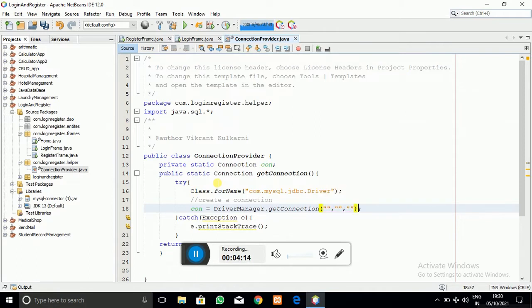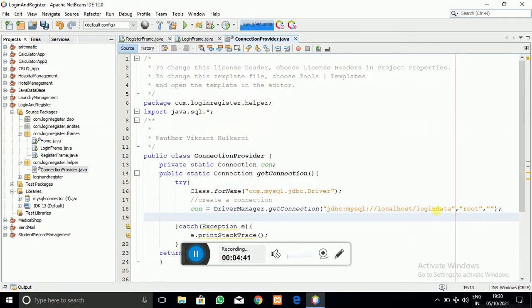The first argument is a connection URL, which in my case is jdbc:mysql://localhost, that is the host name, and after the slash I have to write the database name which I am going to use. Here I am going to use the login data database, which we are going to create, so that you can understand quickly. Okay, so I have got the connection.